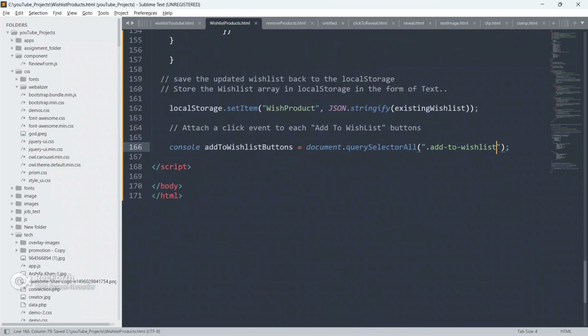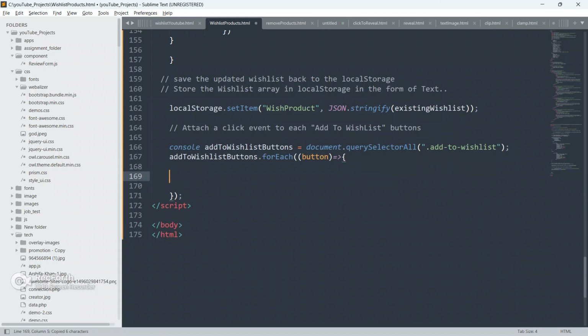So now I am gonna use document.querySelectorAll, paste it here, and I am gonna attach an event listener on this variable. So paste it here, dot forEach, and it takes one parameter. So I'm gonna give button only and a fat arrow function.